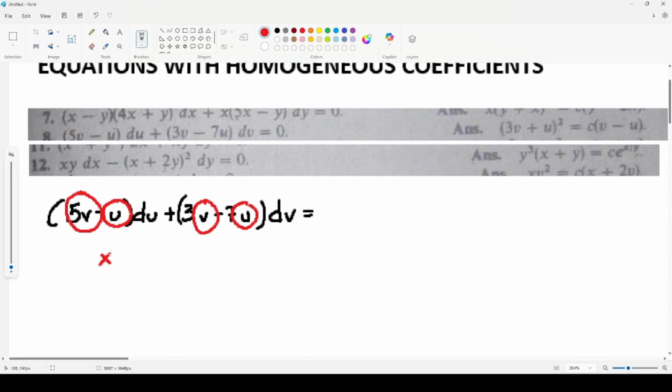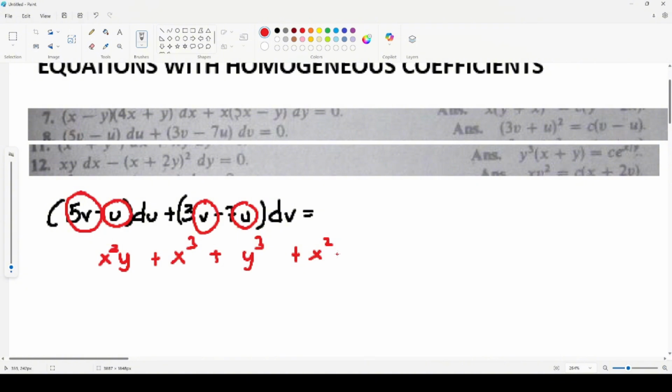For example, if you have another equation with terms like x squared y plus x cubed plus y cubed plus x squared, the first three terms are all of third degree and would be homogeneous. But because of the x squared, they are not the same degree. The last one is second degree, so it's not homogeneous anymore.